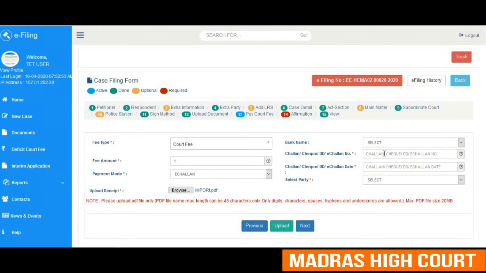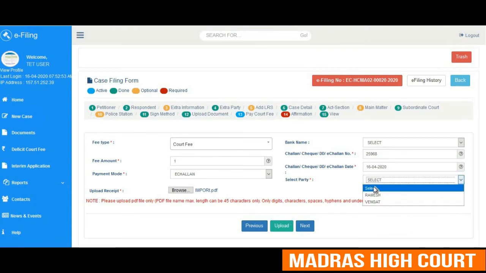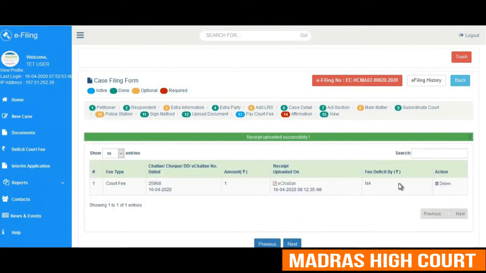The e-challan number has to be uploaded. As of now, Madras High Court has provided the facility of e-payment through procurement of e-stamps using Stock Holding Corporation Limited. The party has to be selected and the same has to be uploaded. Now one can see that the receipt has been uploaded successfully.